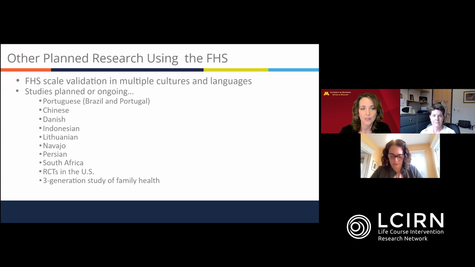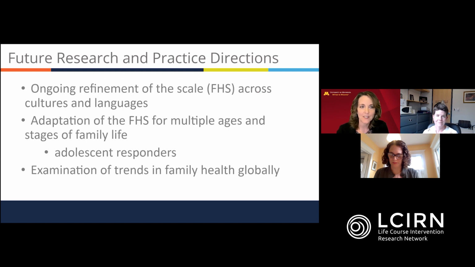You'll see here also different types of studies, so moving from just observational to trials, and then also generational studies. There are some that are looking at 3-generation studies of families and health. So we really get a better sense of how this scale works in different populations, backgrounds, and study designs. So it's pretty exciting. Now I want to move us